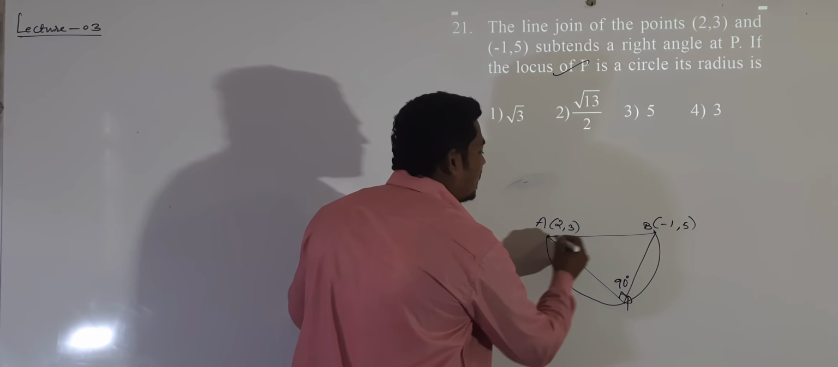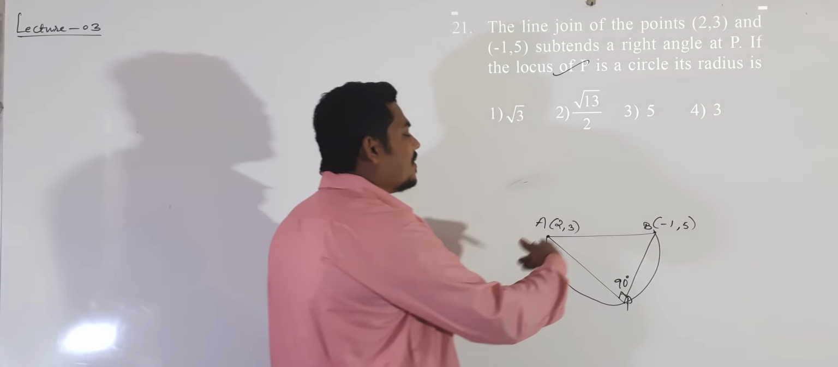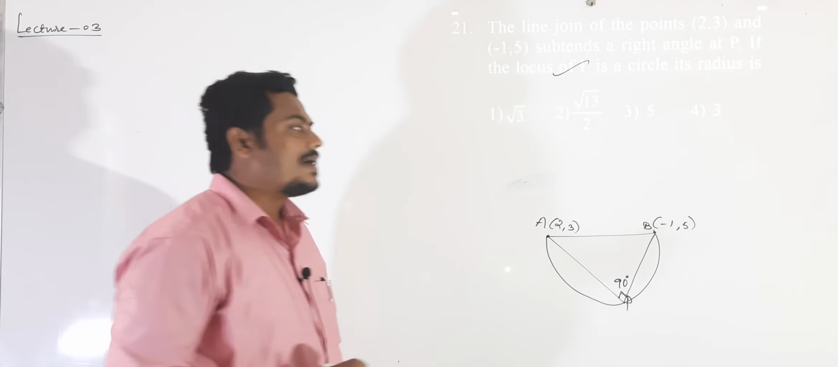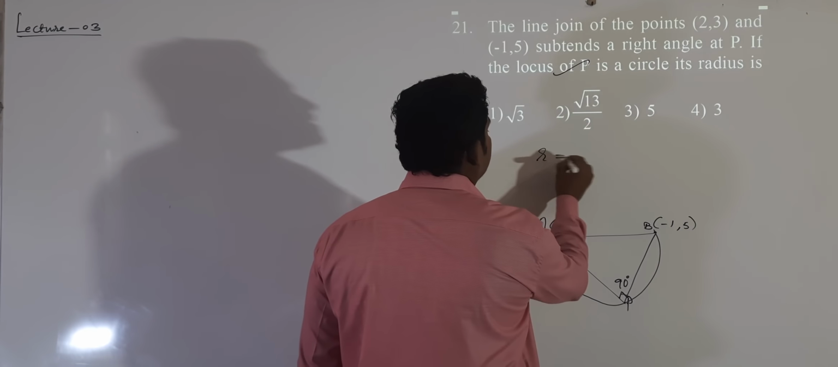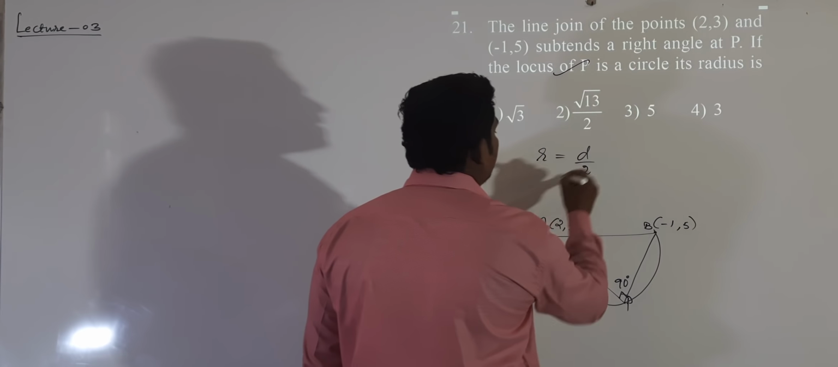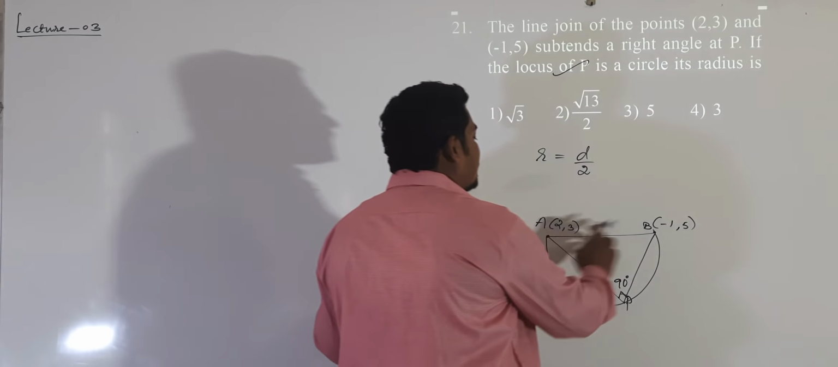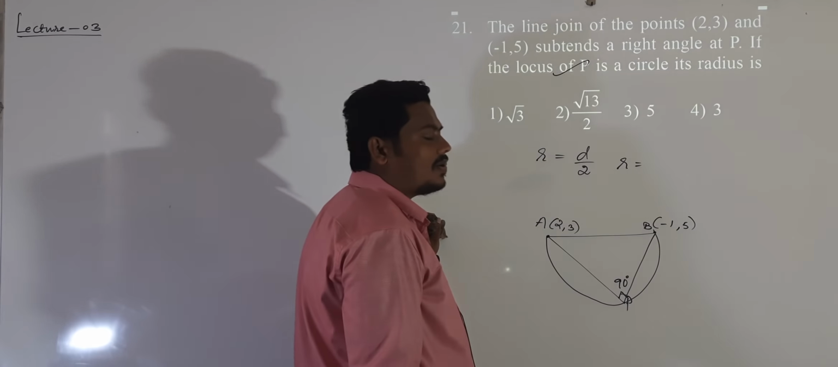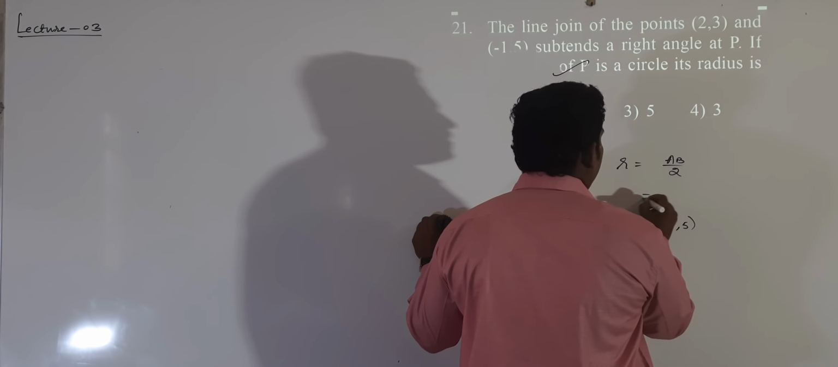Clearly this is a semicircle, which means AB is the diameter. AB is the diameter, then AB divided by 2 is its radius. For circles, radius is equal to diameter divided by 2, or diameter is equal to 2 times its radius. In this case AB is the diameter, we need the radius r. Radius r is equal to diameter divided by 2, which means AB divided by 2. What is AB